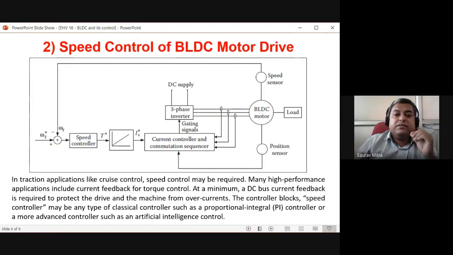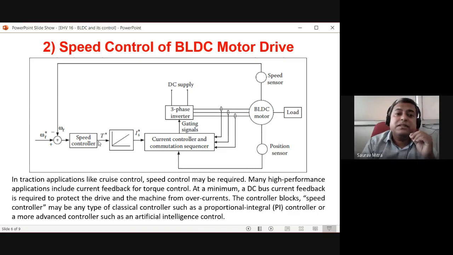Second is speed control. First, speed is sensed, that speed is converted to torque, and torque is converted to current. The same kind of approach, there is nothing different. Only thing is with respect to the inputs, there are actually three feedbacks in this case. In the previous case there are two feedbacks, because torque is demanded by the driver. The driver senses, okay, I want more torque now because I want to go faster, so the driver presses the accelerator, and torque is demanded.